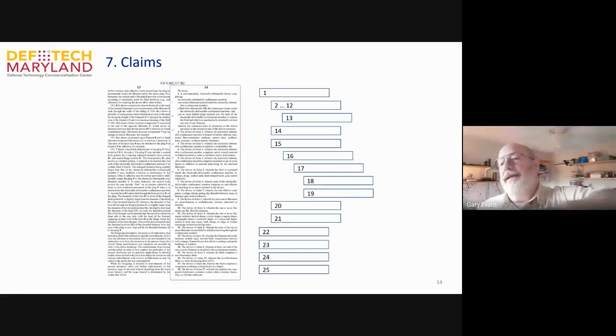What you'll see is that claims 22, 23, 24, and 25 are on the same level as claim 1, so they have the same standing, if you like. So claim 1 could be struck down completely, and those 4 at the end would still stand. Claim 23 could be struck down, and everything else would still stand. So understanding the structure of the claims is really important, because it gives you insight into what the inventors were thinking about when they wrote the patent, and what insight that can give you to the relative importance of different